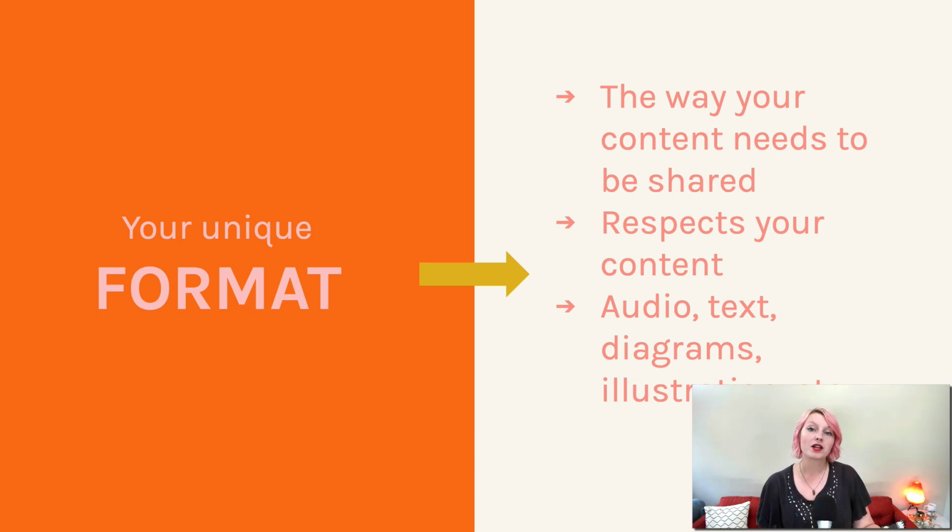Or maybe they're following along with a screen share video and you know that they're going to be pausing it, going to fix something in their, let's say you're teaching them tech and they're going to watch your video, pause it, go implement it, come back, watch another minute of the video, go try to implement it. How are people actually experiencing your course? Like, sit down and imagine that for a second.